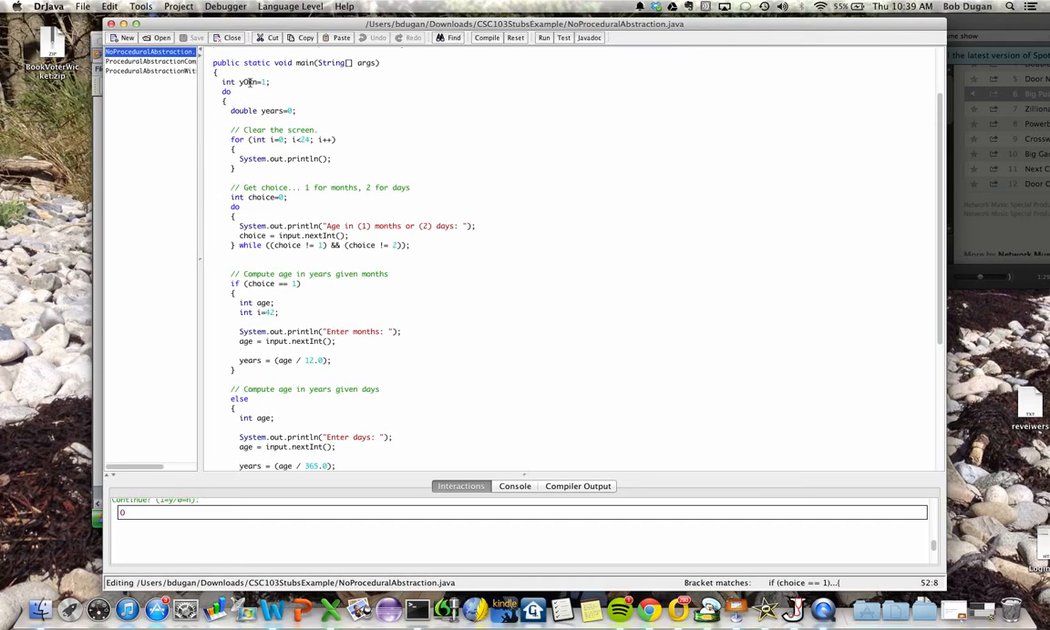So I've got a variable yes or no. I've got a variable years. I've got a little bit of code here to clear the screen with a nice comment. So it just loops for i equals 0 to 24 and prints 24 blank lines. Then we're going to get the choice, 1 for months or 2 for days. Here's the choice. And there's this weird do thing, which I haven't talked to you about, but it's worth spending a moment to talk about this